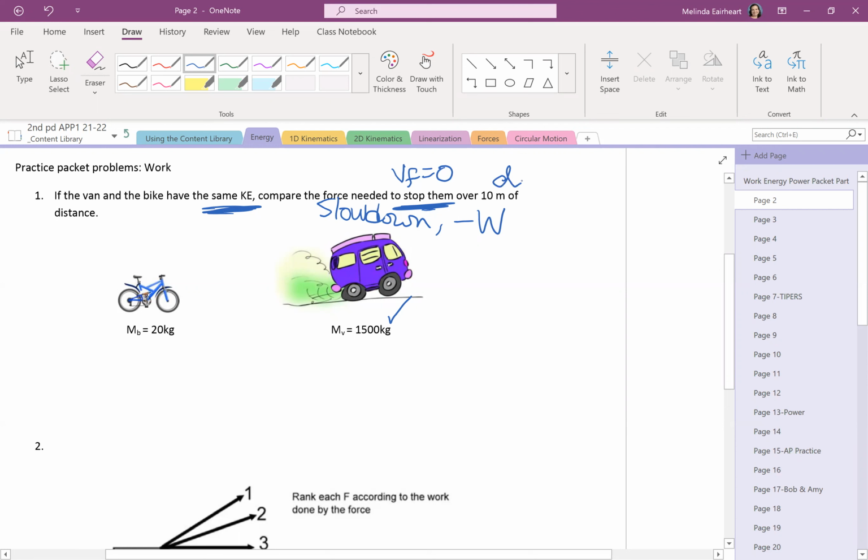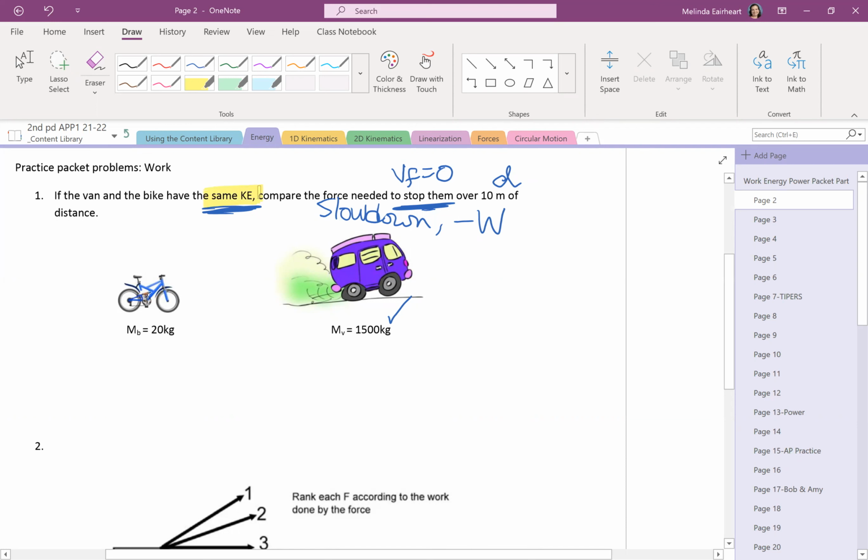Now, the final answer is not really a number. It's really a ranking. The numbers are there just to help us. And so, who's going to need more force to bring it to a stop, the van or the bike? Your gut instinct is van, but your gut instinct is wrong if you look at the nitty-gritty details of the problem. This is what students call a trick question, but this is what teachers call, are you reading the question and looking at the details? The detail is